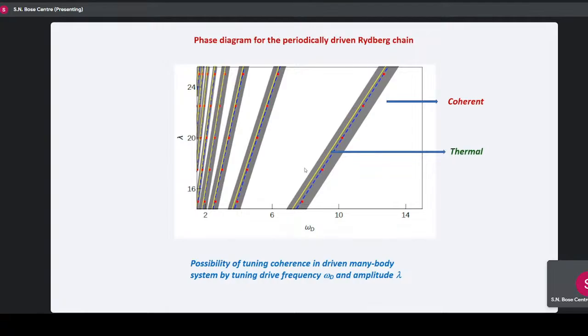So I am here in the large lambda limit, so that the drive amplitude is large. In the high frequency limit, you see that these are the regions where the thermal behavior is there. These are the special frequencies at which the first order PK Hamiltonian disappears, and you lose the scar-induced behavior. However, as you go lower in frequency, these regions become more and more dense, and at low frequency, they completely take over the thermal range. But there is this possibility of tuning coherence in different many-body ergodic systems by a drive frequency.